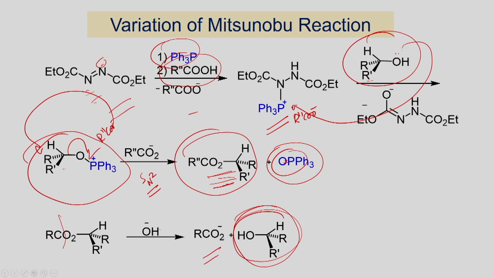So, if you have an alcohol and you want to invert the configuration, you can use this phosphine chemistry. This is known as the Mitsunobu reaction, which has been widely used in synthetic chemistry. If you have an alcohol and want to invert the configuration, the best method is to react in the presence of triphenyl phosphine, carboxylic acid, and diethyl azodicarboxylate, and you can get this ester with inverted configuration. Once we have this one, when you do the base hydrolysis, you will be able to get this alcohol with the inverted configuration.